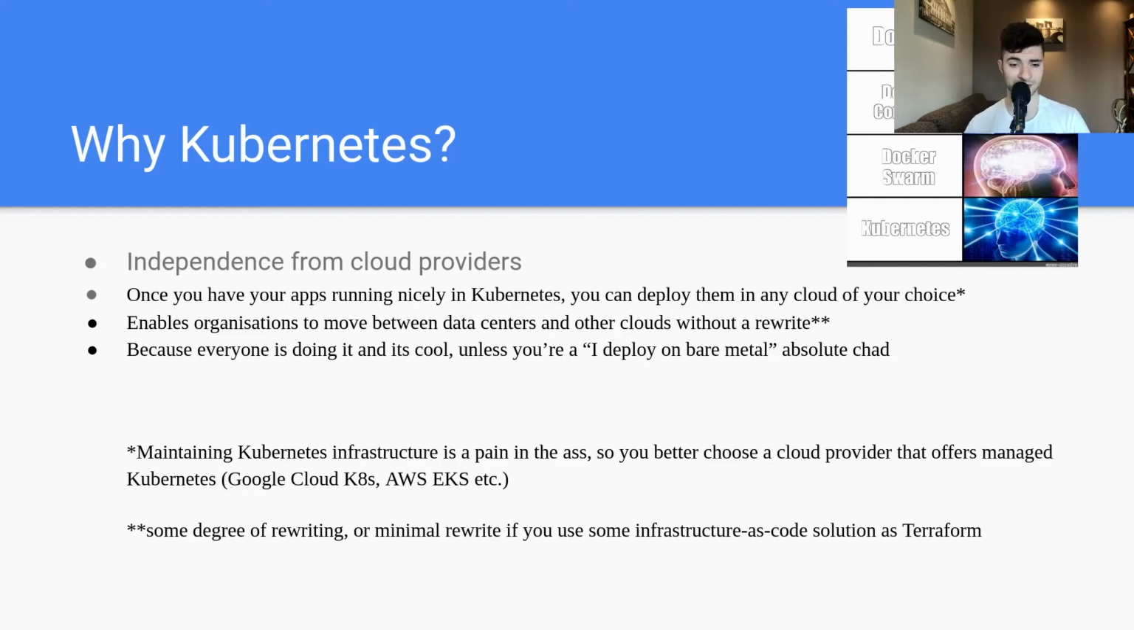However, I have to say that from experience, maintaining Kubernetes infrastructure is quite challenging. So it is recommended to use a managed offering of Kubernetes from a cloud provider. Given that most cloud providers nowadays offer managed Kubernetes, that is quite nice. We have the managed Kubernetes offering from Google, the original developer of Kubernetes, and managed offerings from AWS, Microsoft,